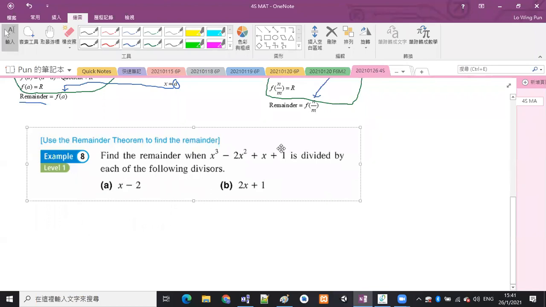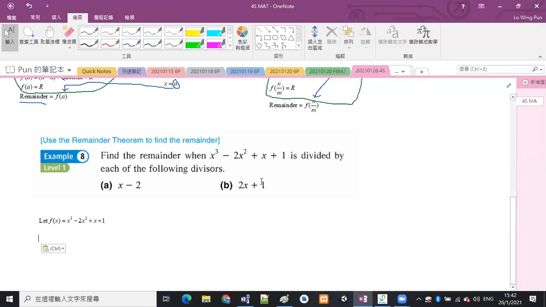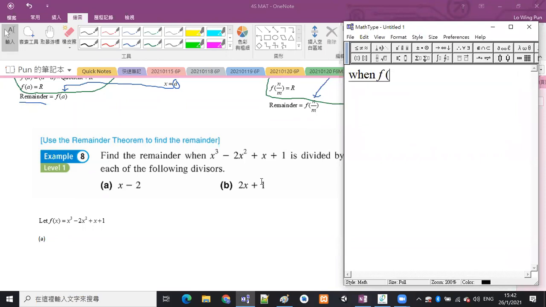OK，好啦，咁真係去到睇下 example 咯。Example 8。一齊睇睇下。嗱，頭先理論部分就已經完咗㗎啦，咁我哋實戰部分咯噃。Example 8. Find the remainder when this is divided by each of the following divisors。好啦，嗱，我哋先認到邊一個係 dividend，邊一個 divisor 先。咁都好明顯啦，係嘛？x 減2就係 divisor，咁即係而家 x cube minus 2x square plus x plus 1 should be the dividend。OK，咁我哋做一樣嘢先，我哋就係 let f(x) be the dividend x cube minus 2x square plus x plus 1。OK，得唔得？